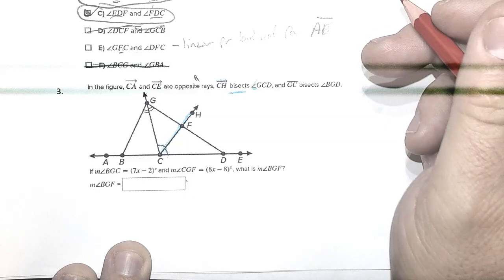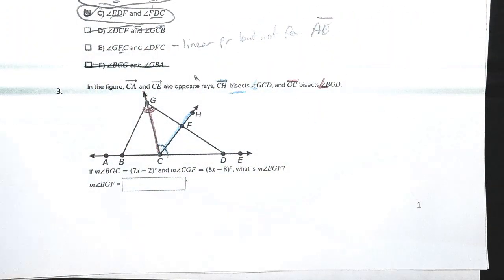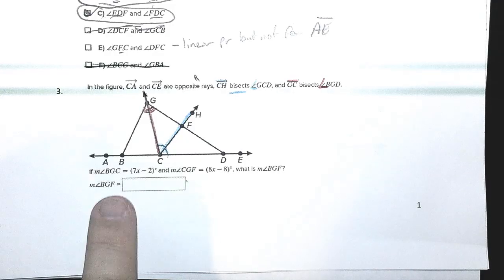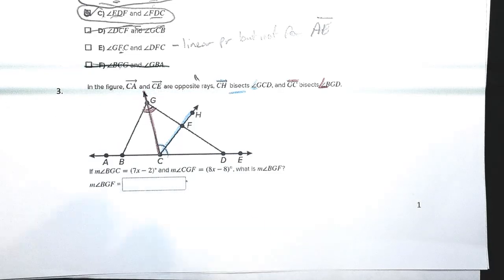And GC bisects these two angles, or that angle to make those two angles, excuse me. Okay, now the measure of BGC, so this is going to be 1/2 of this, so this guy over here. I'm going to write it sideways, so 7x